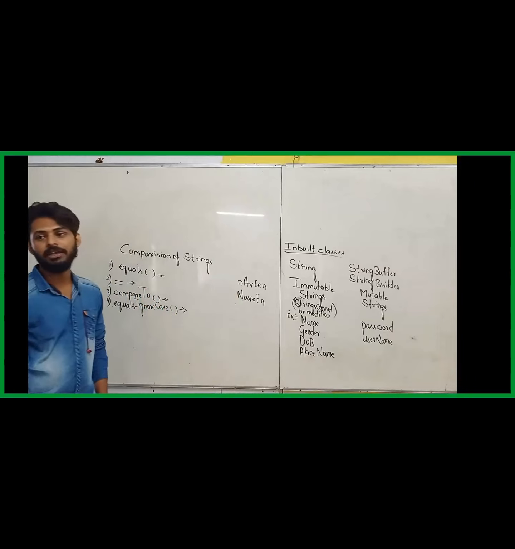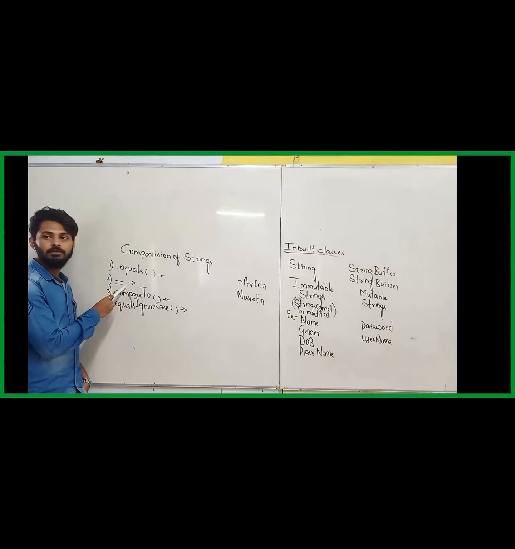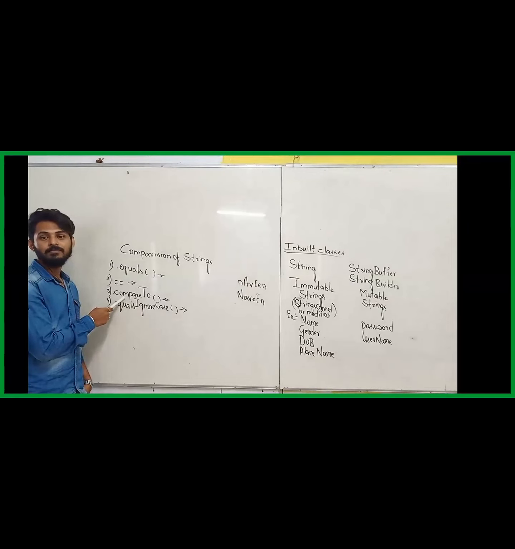What output will it give? This one will give either true or false. This one will also give true or false, meaning whether both the values are the same or not. If it is the same, it will give true. If it is not the same, it will give false. This one, if the addresses are the same, then true. If not the same, then false. This one,